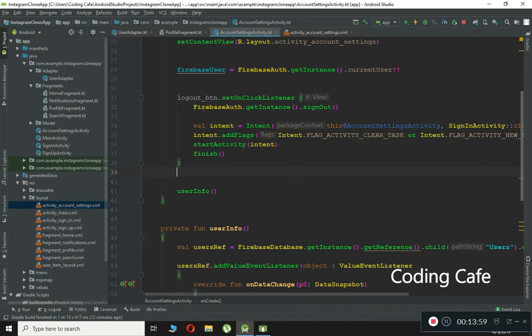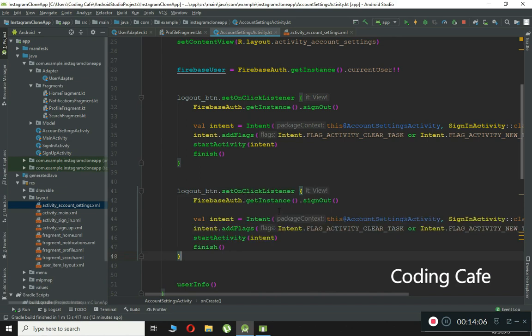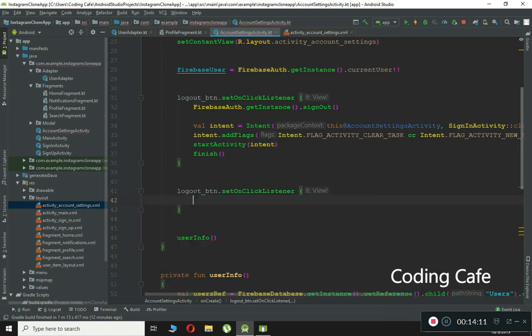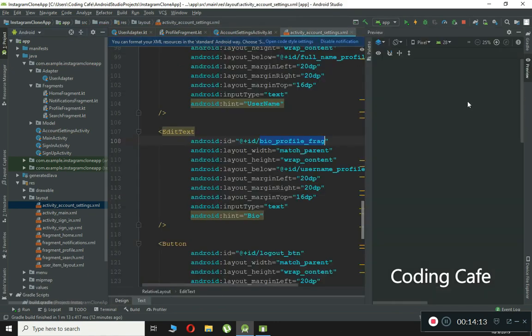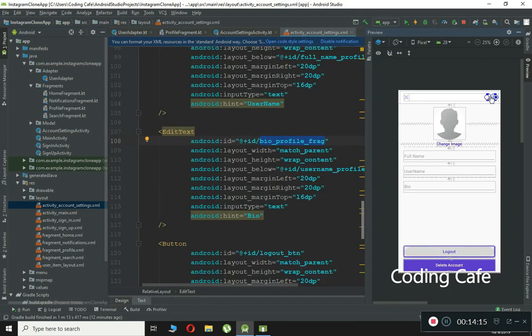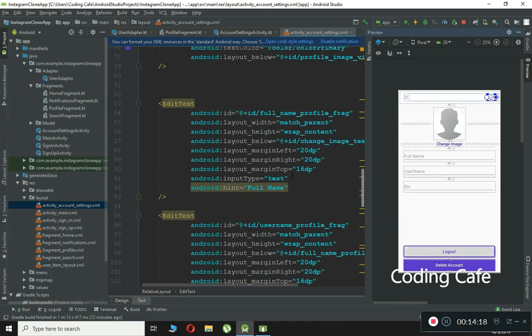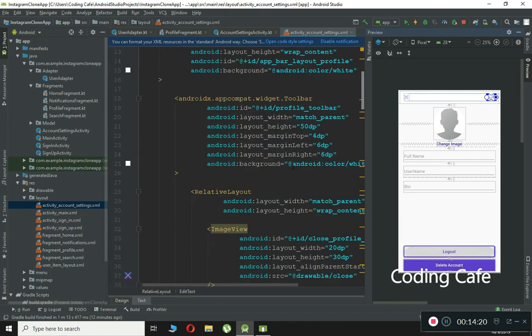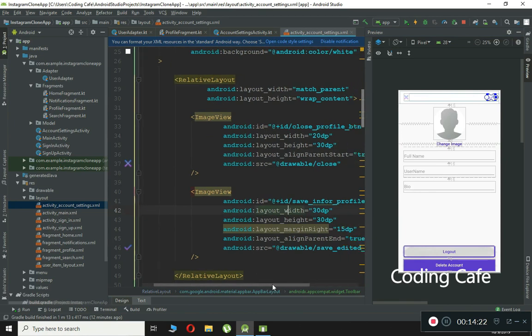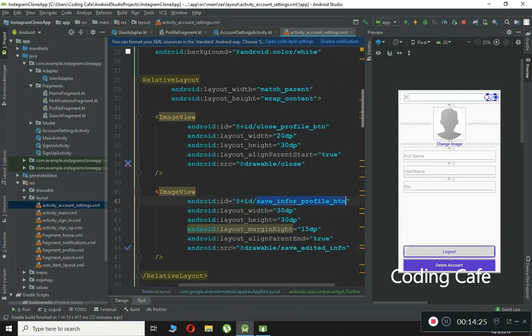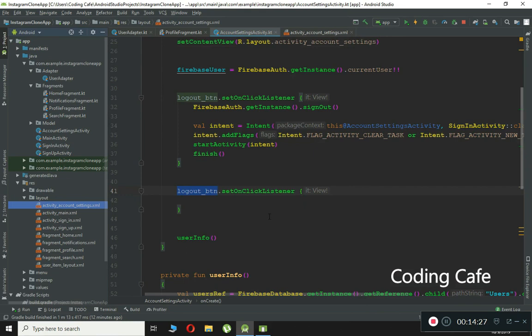So let's just copy paste this set on click listener. We will modify it for that other button. So all we're going to need is just remove this from here and change this. What is the ID of this tick button? Just click here, it is here, image view save info profile button. So copy it, come back and just paste that ID here instead of this logout button, not set on click